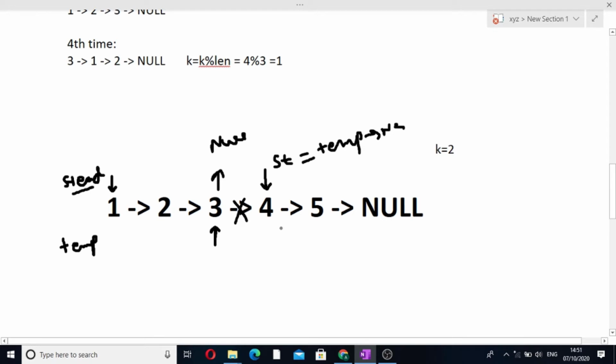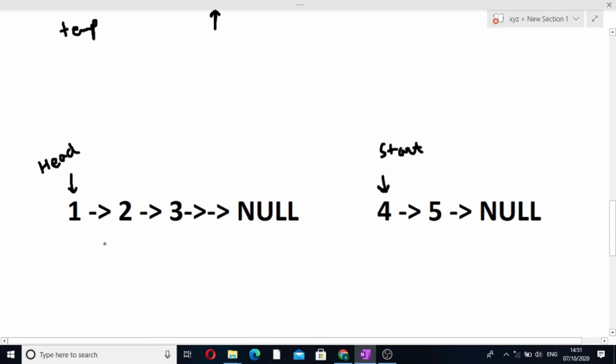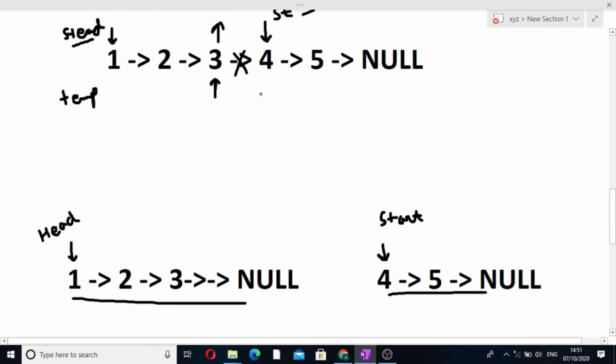So after finding the breaking point, we break it into two parts, and we have got the two linked lists. One is 1 2 3 and another is 4 5. Now our input list has been divided into two parts. One will contain the k elements and the other will contain the rest of the elements.